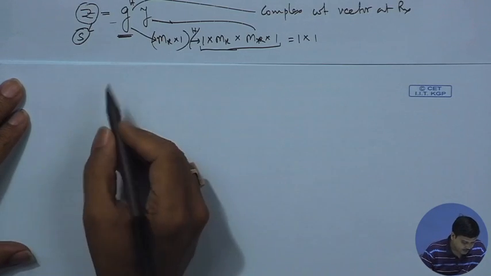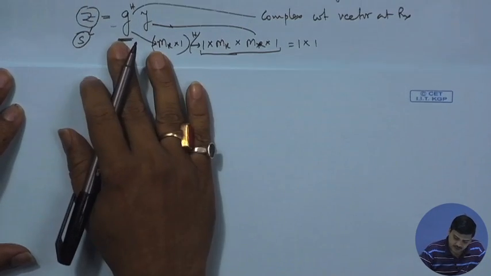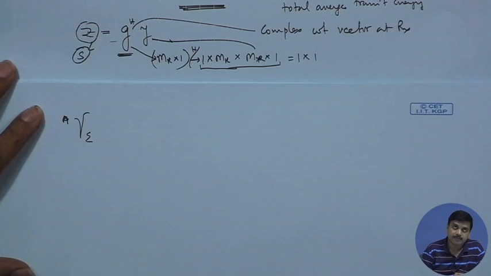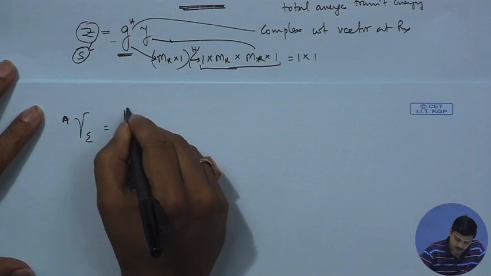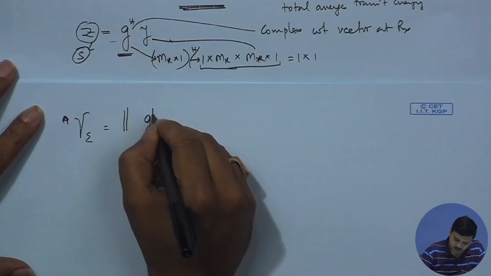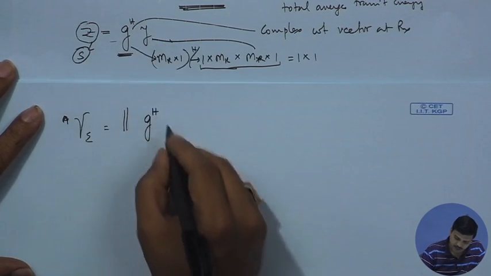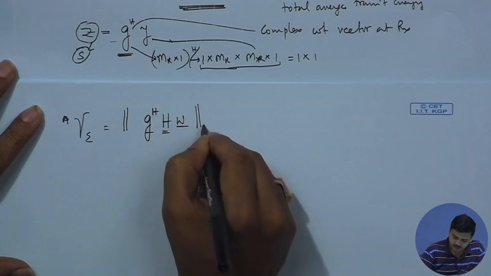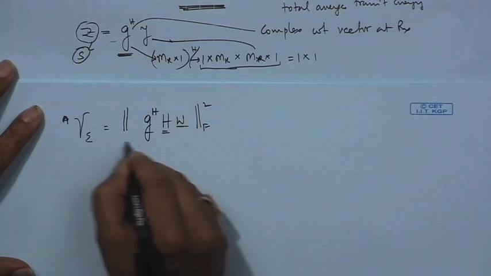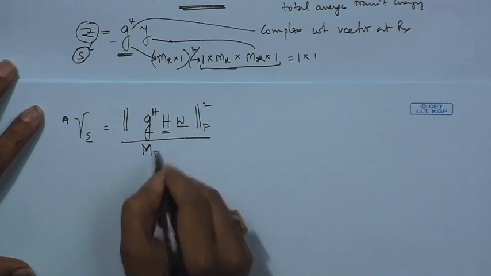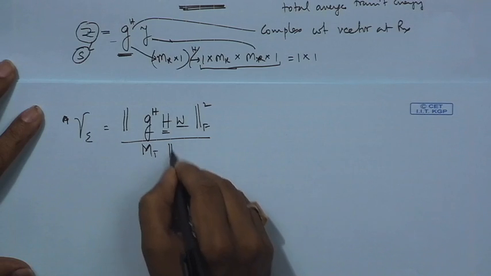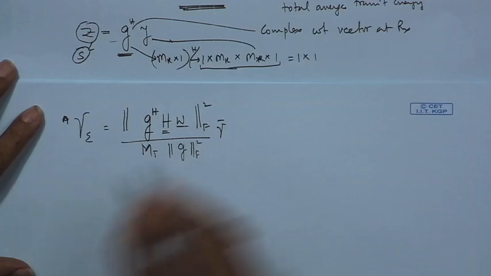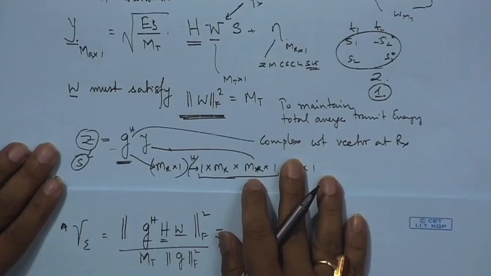So what we do is we have to maximize the SNR, as we have said. So the expression of SNR, which is gamma combined, we put it like this, would be the Frobenius norm of G Hermitian. When we say y, it will be H times W, right? Frobenius norm squared of that divided by MT. Of course, there is MT times the Frobenius norm squared of G, and you can guess why I am doing this, because if you look at this expression,